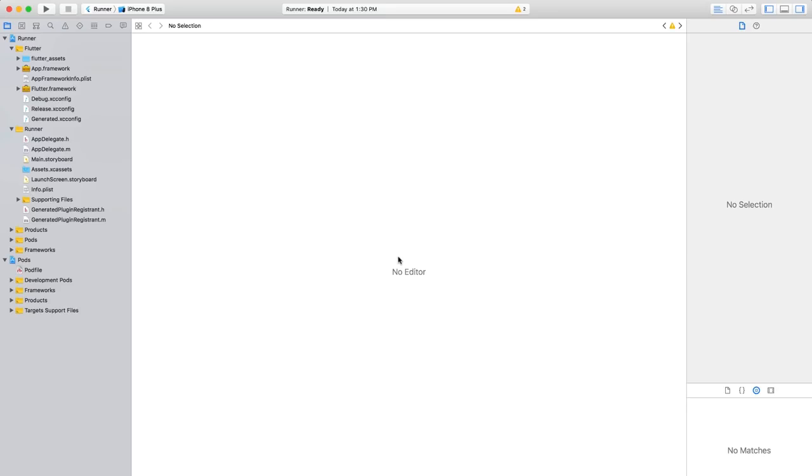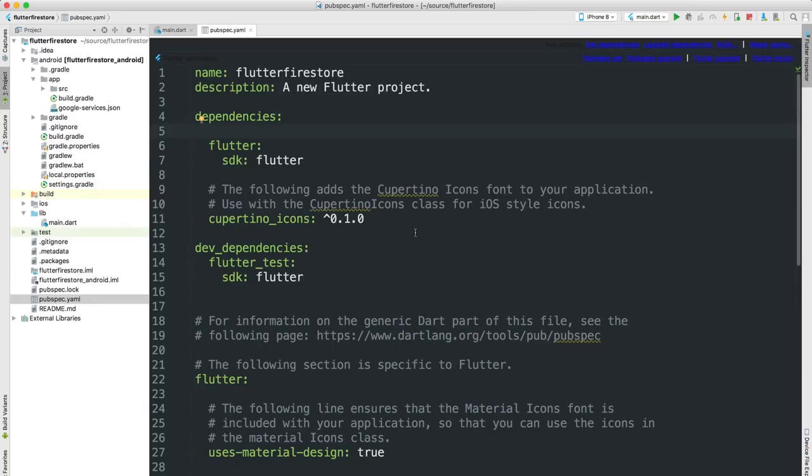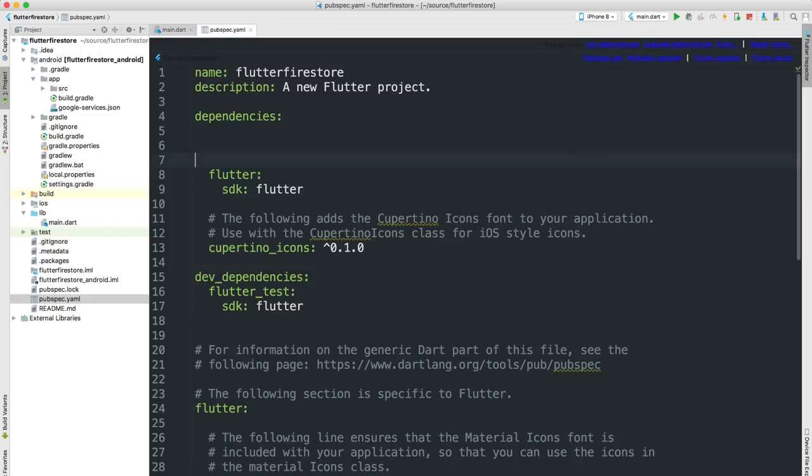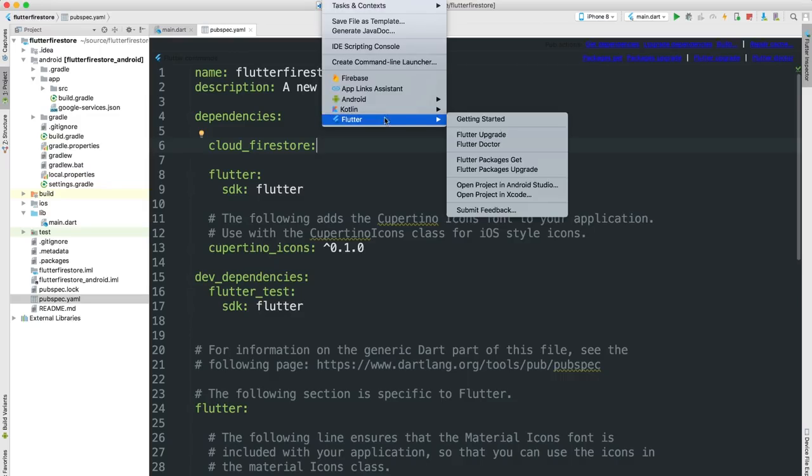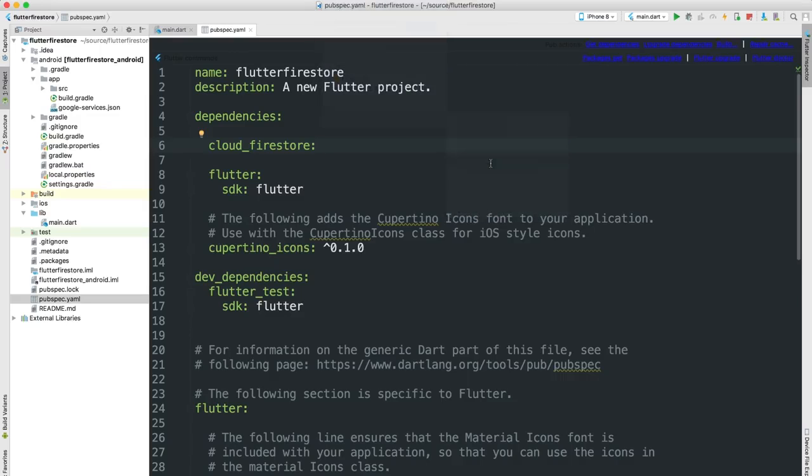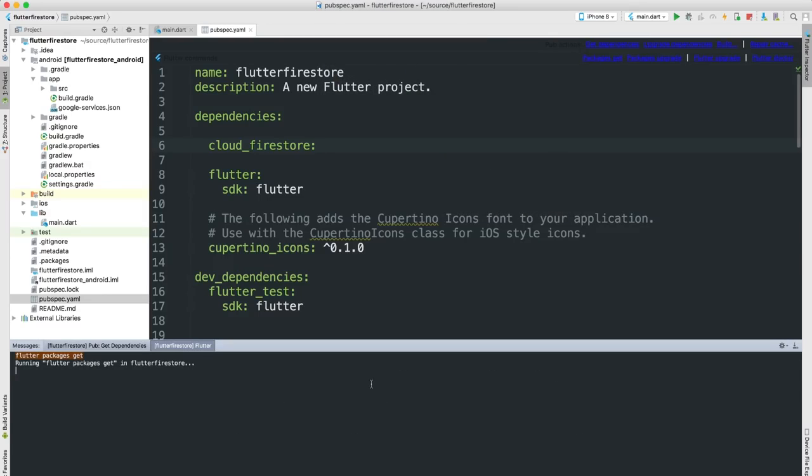Let me open this project's pubspec file. This is the YAML file that lists a Flutter project's metadata, including its dependencies. And I'm going to add the Cloud Firestore plugin to the list. And once I've got that, I'll do a packages get from the tools/Flutter menu. That'll pull everything down and make sure I've got the Flutter code and native dependencies